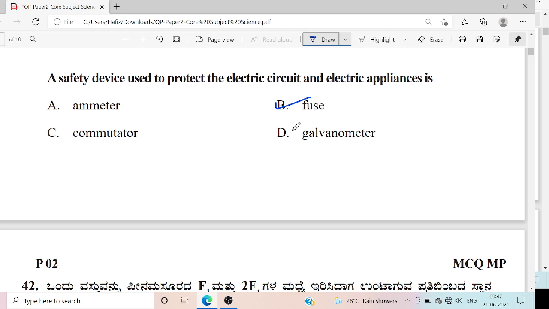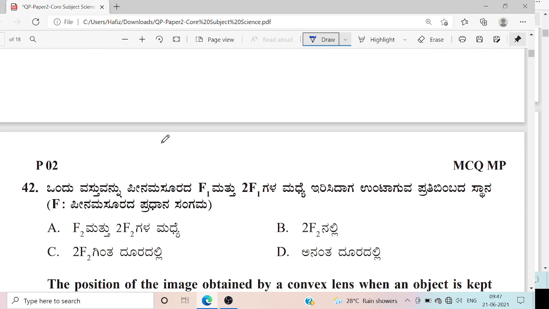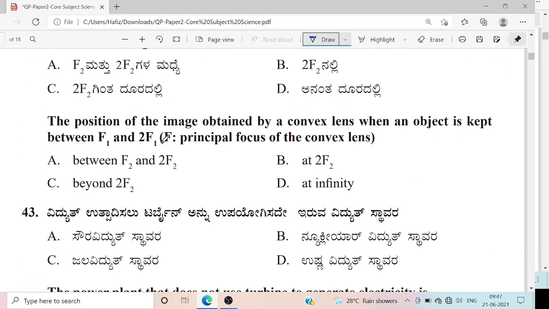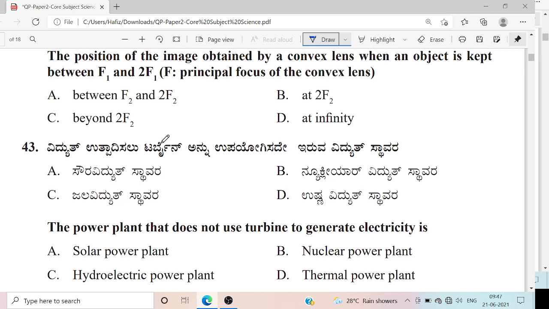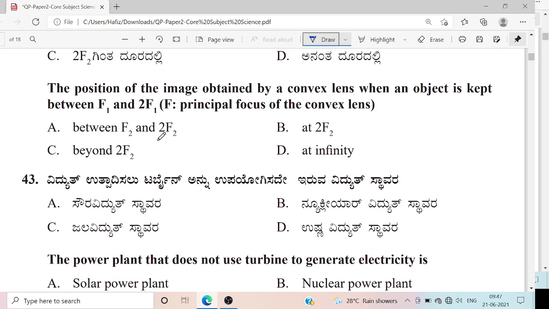So while answering the question, don't only see what the answer is, but also think about the other options, like what other questions they may be the answer of. If you study like that, it is really going to help you score good marks in the exam. Anyhow, you can see the next question on your screen.